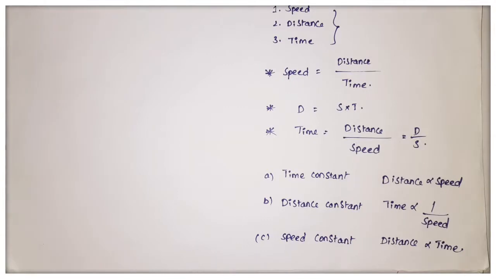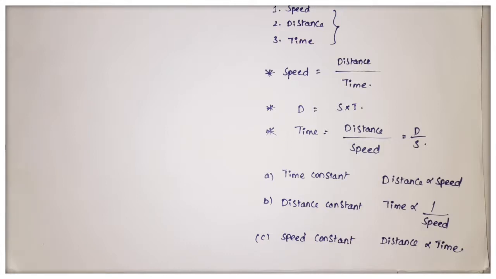And when total distance is constant, time is inversely proportional to speed. If we are moving with high speed, we can reach the destination in a short interval of time. Similarly, when an object is moving with constant speed, the distance traveled by the object is directly proportional to time. When the interval of time is more and it is moving with constant speed, it will travel more distance. These are all the main important points before going to example problems.